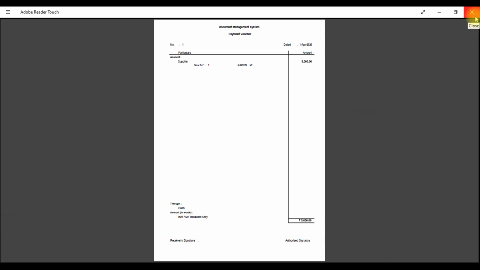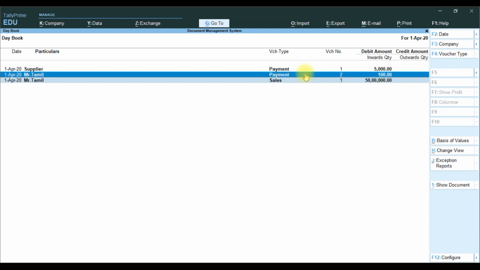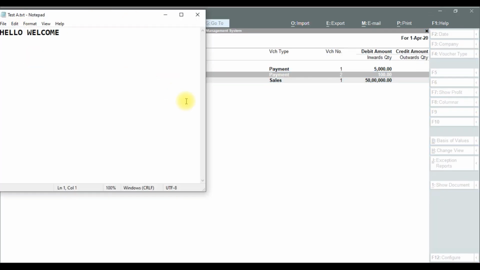Now we show the document. And if you select 2 lines, show document, it will show the list of documents available for the 2 selected lines. If you want to open, you can press, it will open.